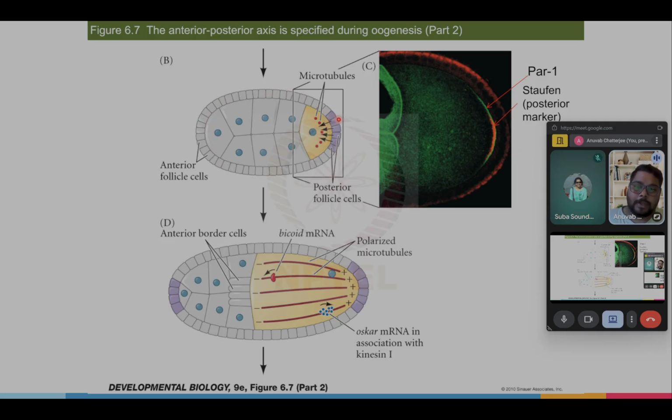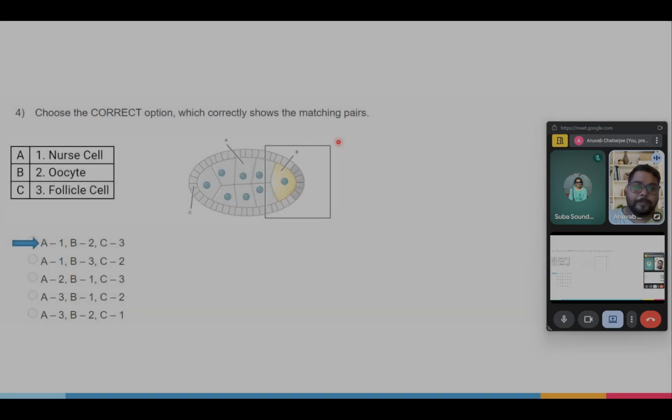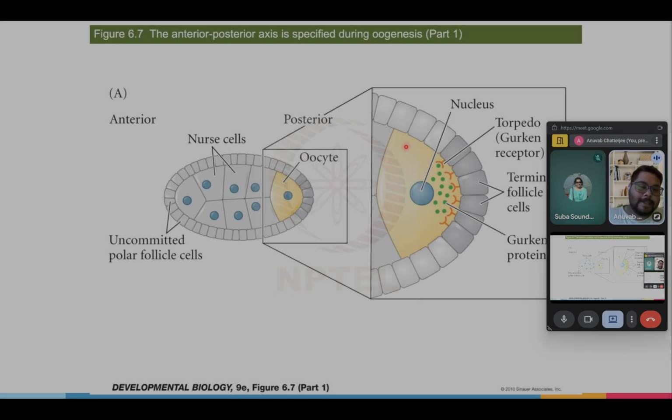Okay, so here is where we were, right? So I will go two slides back. Okay, so even at this stage when the oocyte is not fertilized into a zygote, already anterior posterior specification is starting to occur, so as to break the symmetry. How does it happen? All these nurse cells produce a particular protein known as gurken. Gurken, right here, these green dots. By a now unknown mechanism, these gurken proteins are localized to the posterior end of the oocyte,